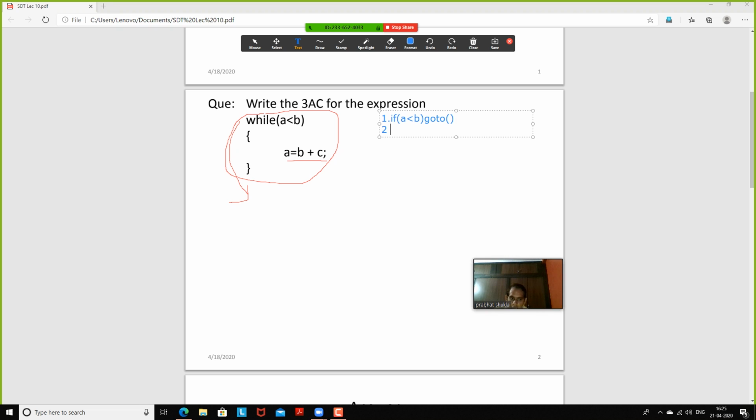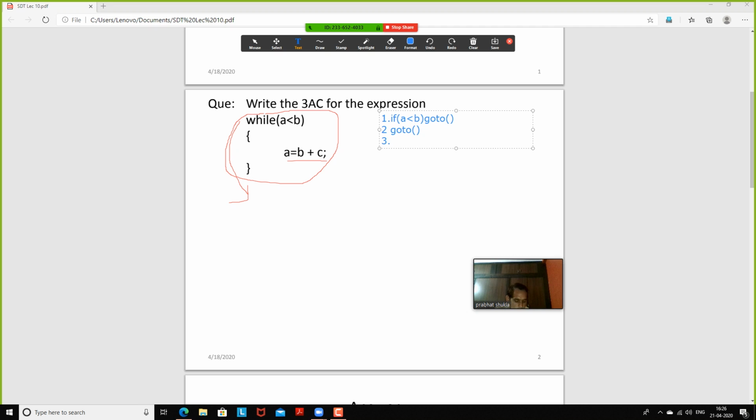Or we can say in a reverse manner, whenever a less than b is true, then we move to the go to label, and otherwise our routine is to move to the next three address code, which is statement 2, so it will move here to the second line of three address code. Whenever this condition is false, our execution stops or simply exits. So I would like to write a three address code for an exit statement.